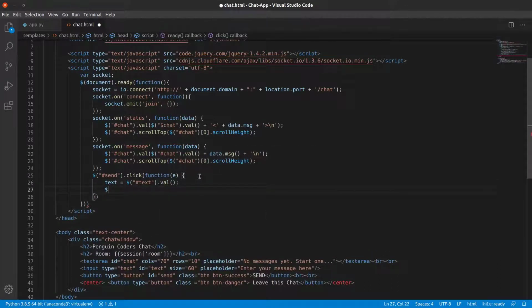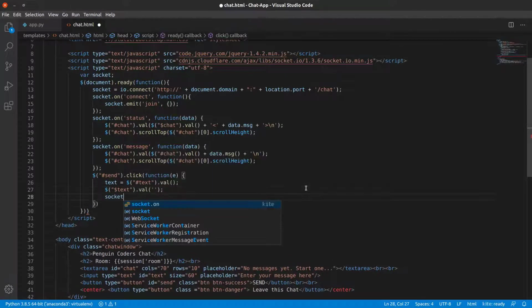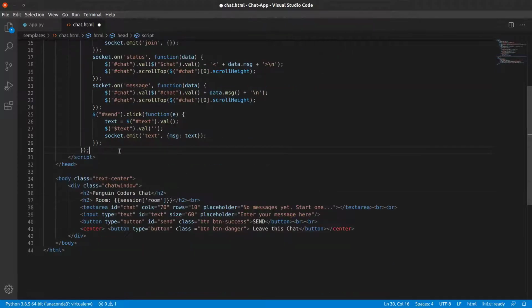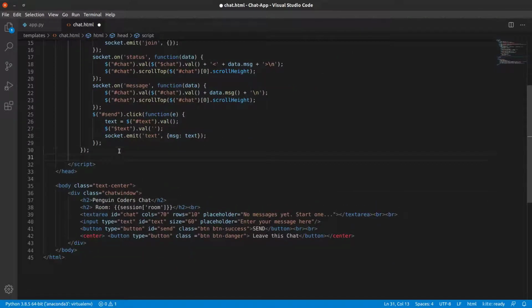Then we delete the text from the input text, to clear it out so that new text can be written. So $text.value is empty, and then we emit that message. So socket.emit text, comma, message is text. Now we have written all the functions for this.